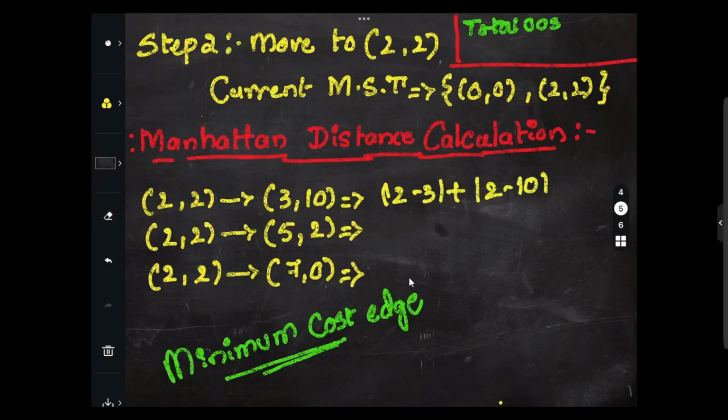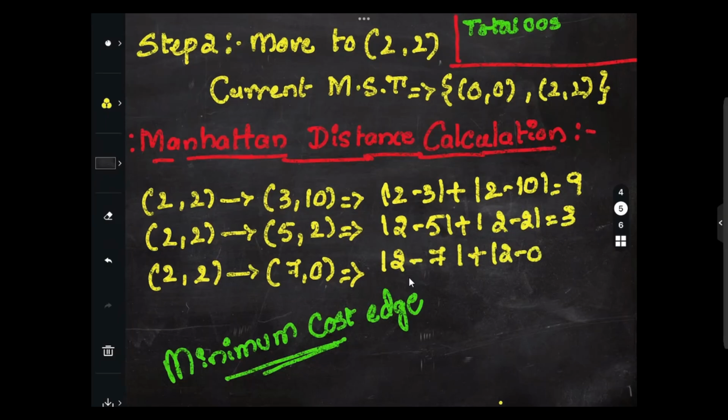So this will give us 9. Then 2 minus 5 plus 2 minus 2 will give us 3. And 2 minus 7 plus 2 minus 0 is nothing but 5 plus 2, which will be 7. So the minimum cost edge that we have to consider here is 3,